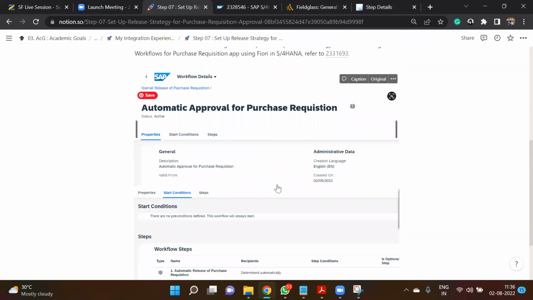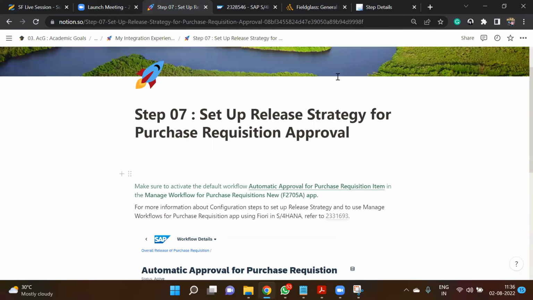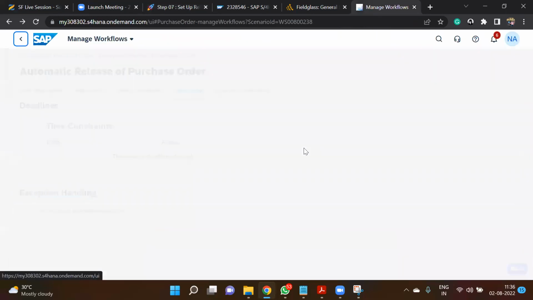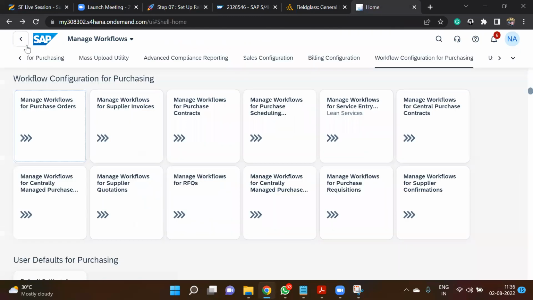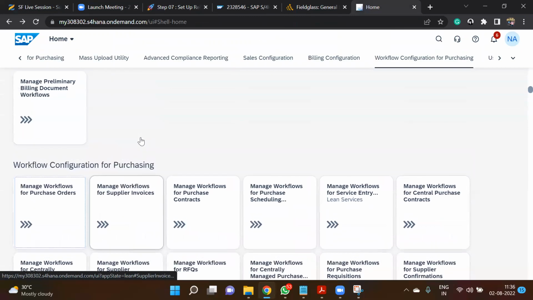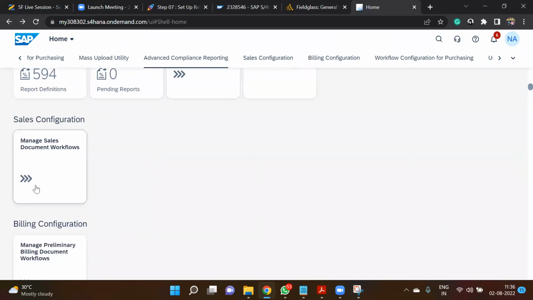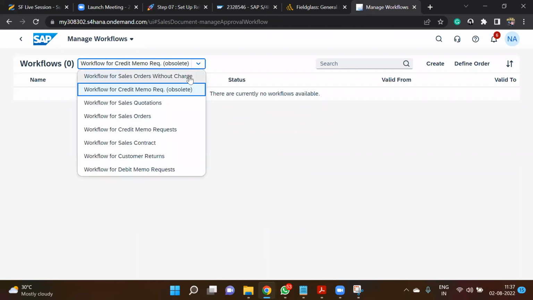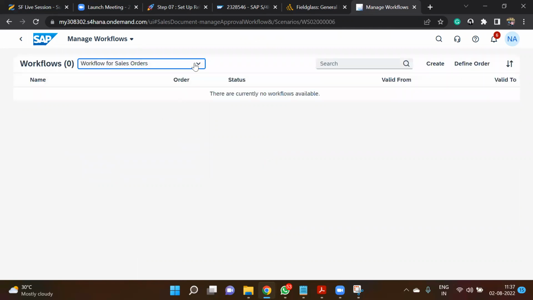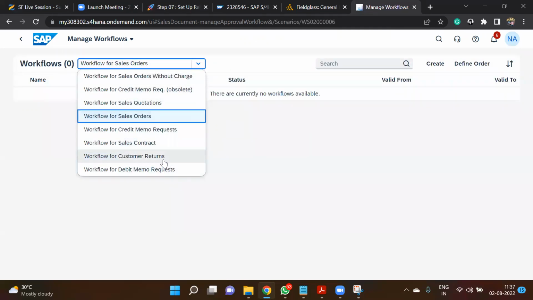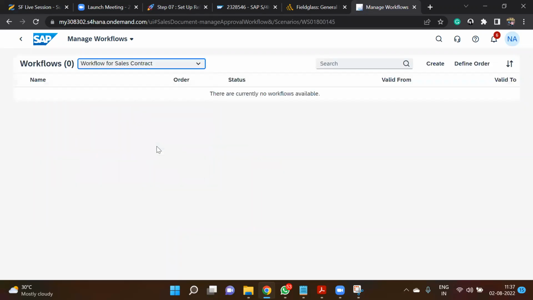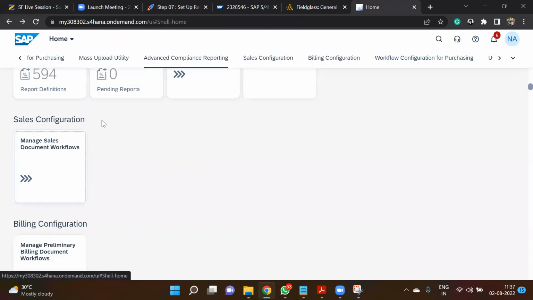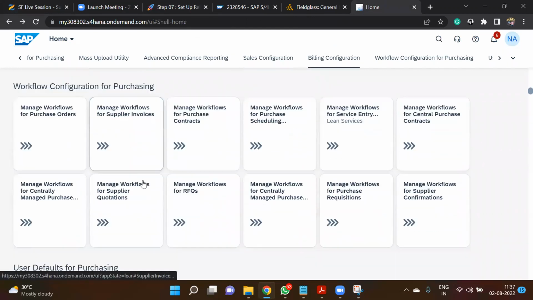And I will just go back and recap once again, as I think you are having some queries related to PR and PO, purchase requisition and purchase order, right? So if I go back here, manage sales document, what is there inside it? Okay, so this is something we don't have much work for. Sales order, sales contract. We don't have much. Purchase order,